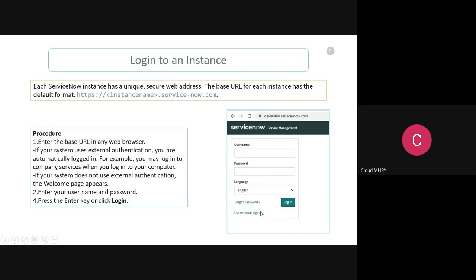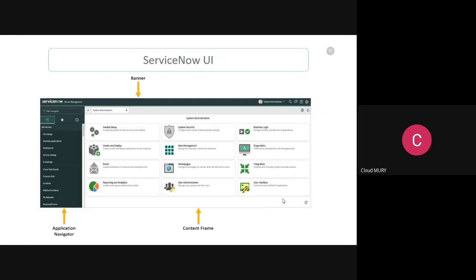So we call this the login page, the front page, the first page when you are going to log into ServiceNow. Once you log into ServiceNow, as we saw, we are able to see a screen something like this. This is part of the ServiceNow UI.